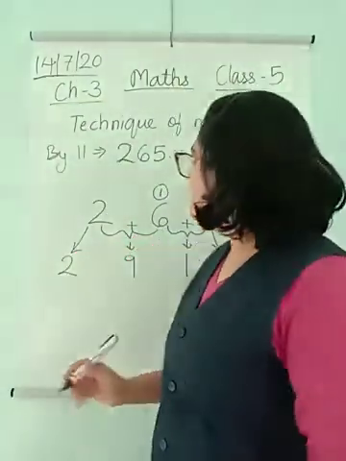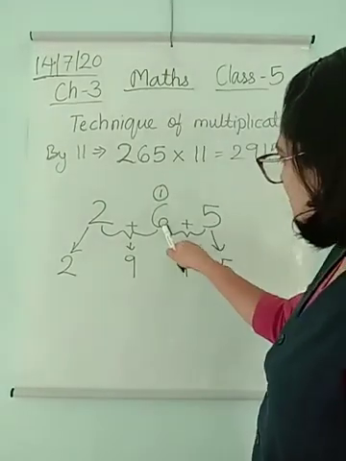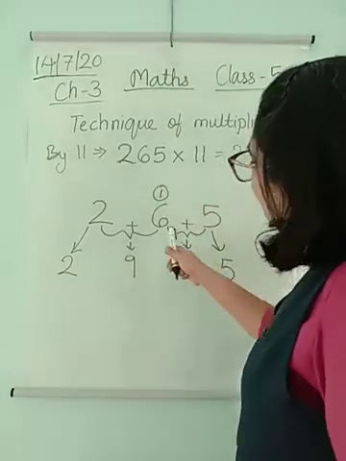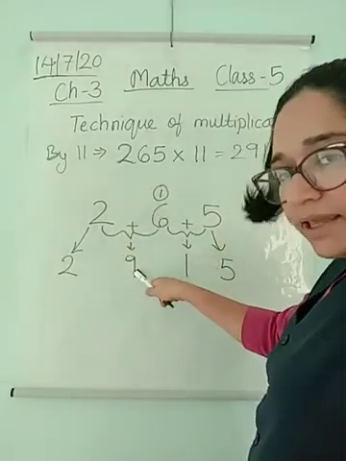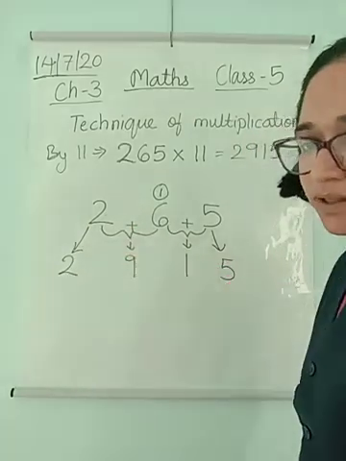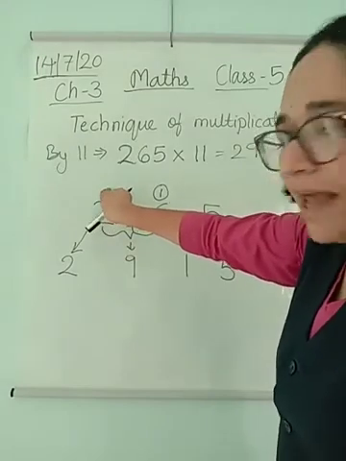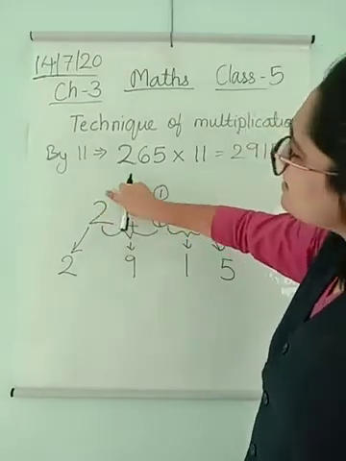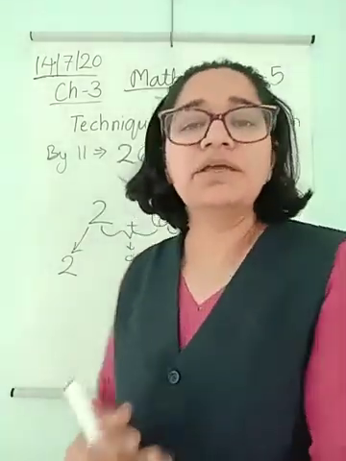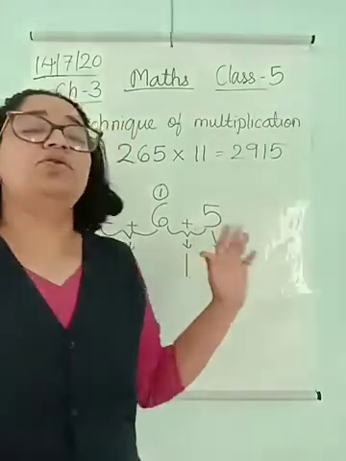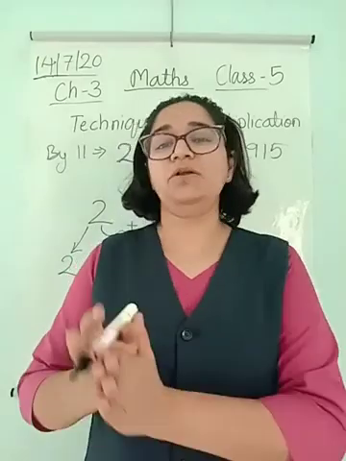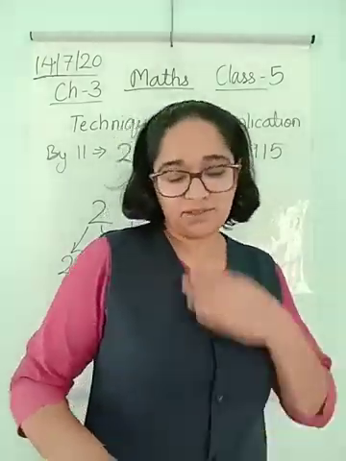This is all you are doing. पहला नंबर नीचे, फिर इसको ऐड करो. अगर कैरी है तो इसके ऊपर ही कैरी होगा. ओके, देन इसको और इसको ऐड करो. अगेन टेक दैट नंबर डाउन. अगेन द लास्ट डिजिट कम्स एज द नंबर देयर. अगर इस पे कैरी फॉरवर्ड होगा तो यू विल हैव टू काउंट दैट. हाँ बेटा, अगर सपोज इस पे 1 कैरी फॉरवर्ड है तो 2 plus 1, we will have 3 here. So in this way, using this technique, you can easily multiply any number by 11 without the actual multiplication. Okay, so this is it.